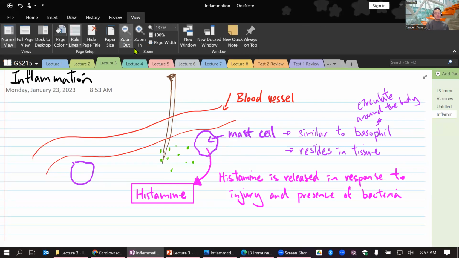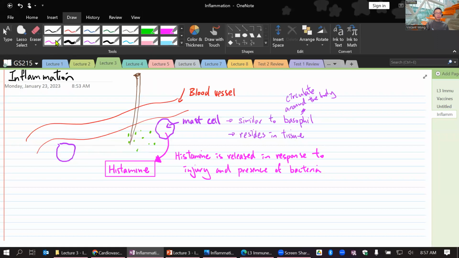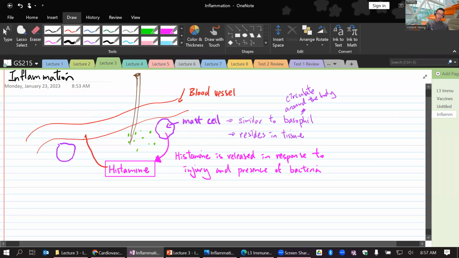Now, the histamine has two effects on the blood vessels. Histamine is going to immediately have an effect on the blood vessels. Number one, the histamine will cause vasodilation. It causes the blood vessels to become bigger. There's increased vessel diameter,